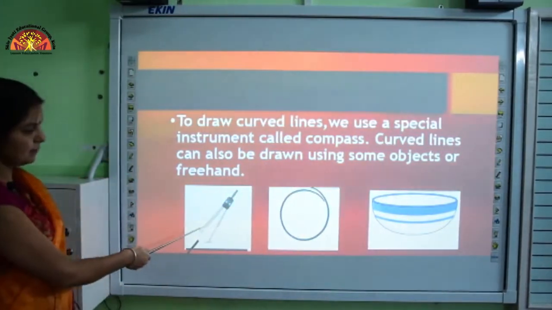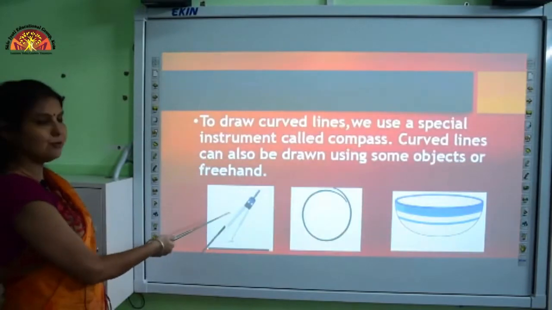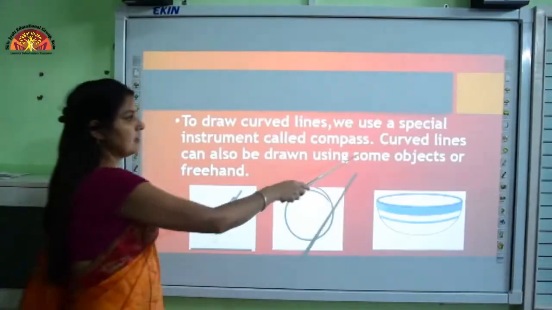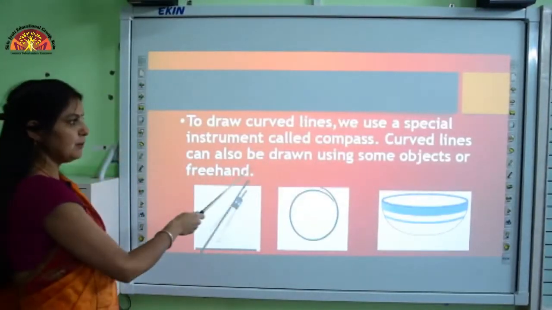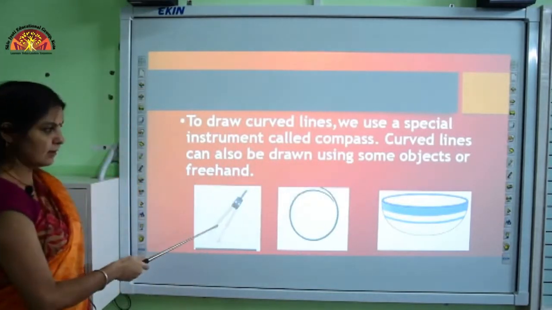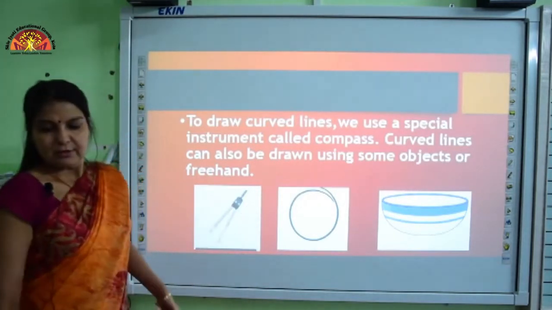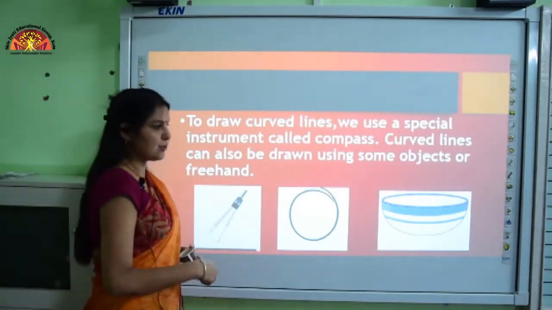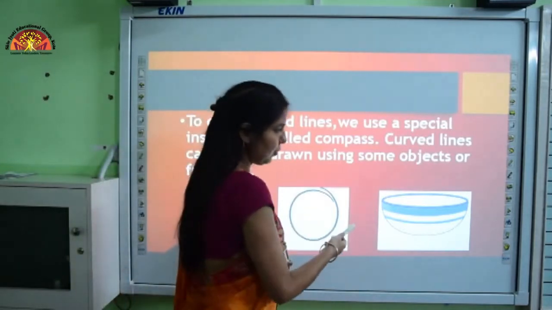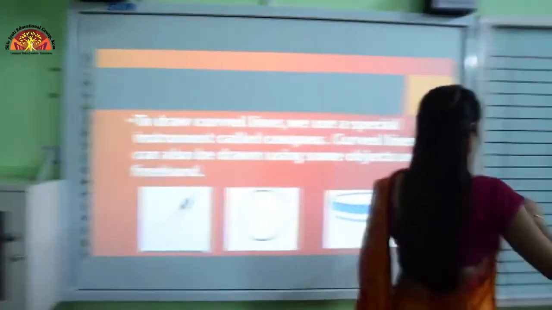Children, this one is a compass. If you want to draw a circle or curve, then you can use the compass. Curved lines can also be drawn using some objects or freehand. Children, we can draw a curved line using a few objects like a bowl, and we can draw freehand also.